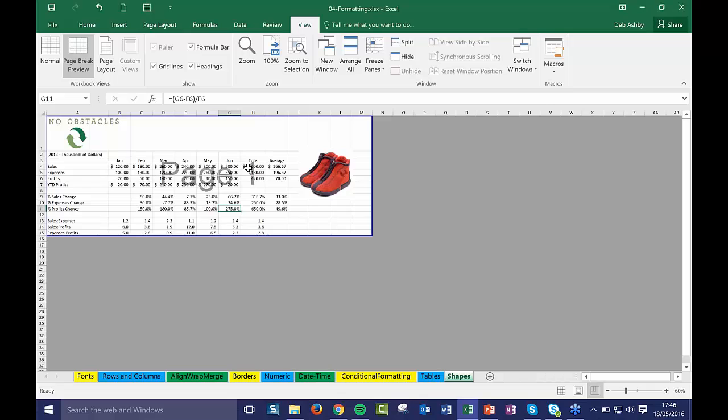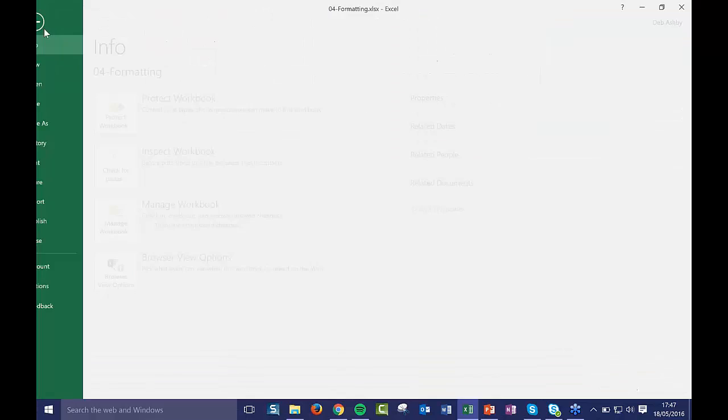That is so useful. I only got 2 pages there, but if you've got a document that's got like 30 different sheets and you're trying to work out, you know, what's printing where, Page Break Preview is your friend. You go in there and you can really see what you're doing and make the relevant adjustments. So I would always recommend going into there and adjusting those before you go into print. So now when I go to File